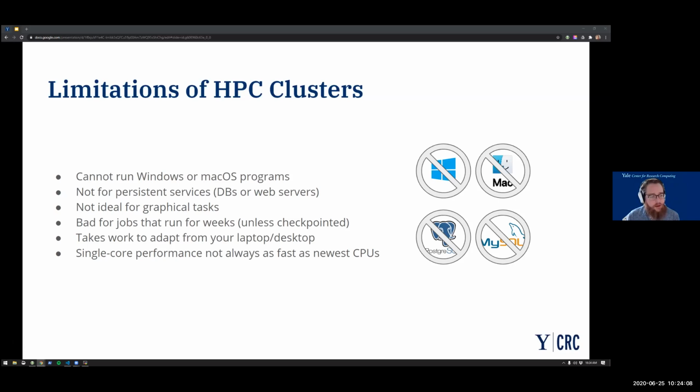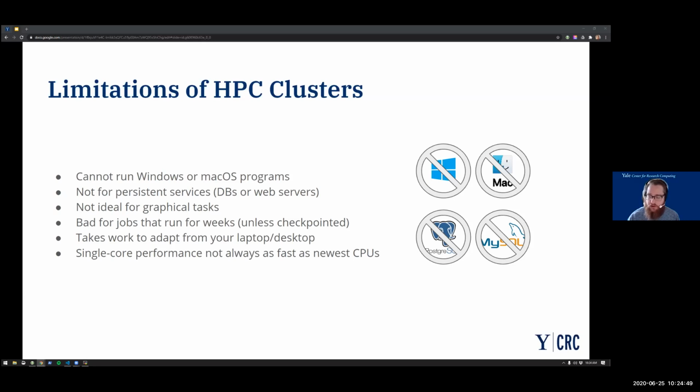And finally, something that is I think sometimes a surprise for folks is the hardware on the clusters. In addition to us trying to expand as many cores as possible, it is not always the newest and fastest CPUs available. And the reason that we do this is we invest more in sort of scaling outward. And so instead of having 10 of the fastest cores that Intel makes, these compute nodes will have many more cores that are maybe a little bit slower. The idea being,